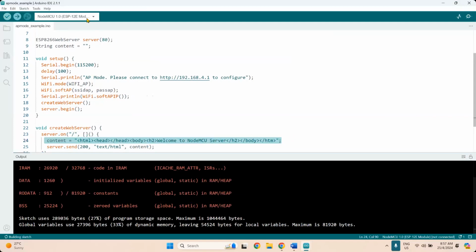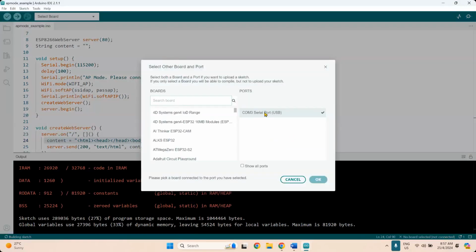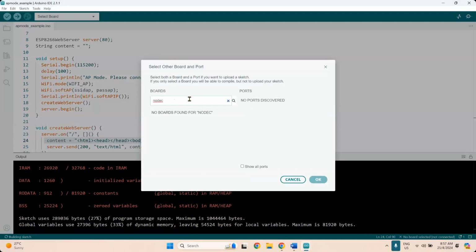Okay, port number, and MC. Start again. I think the connection here is a little bit loose. Nothing.